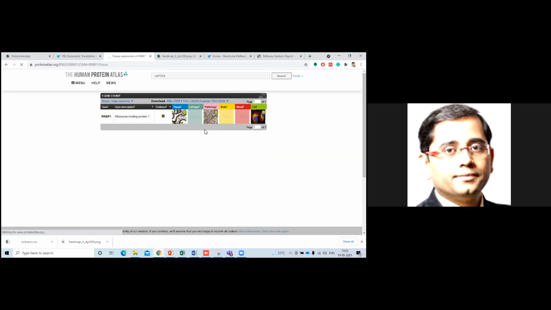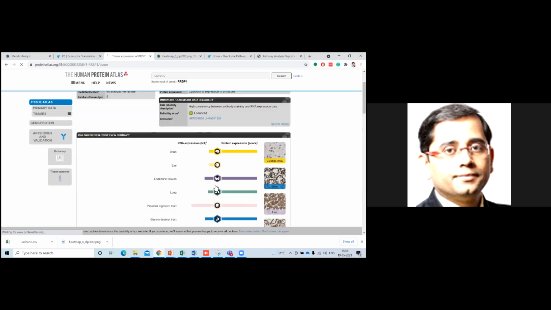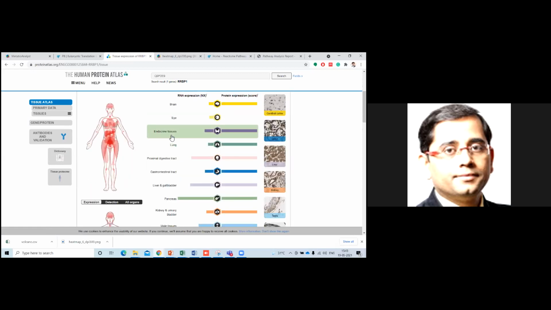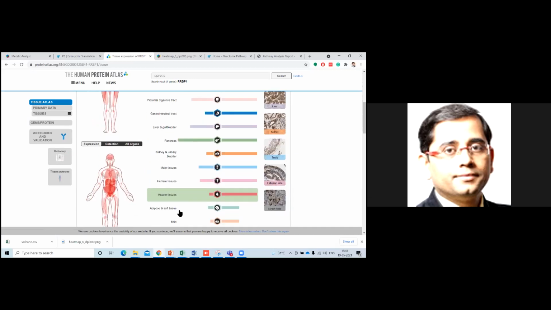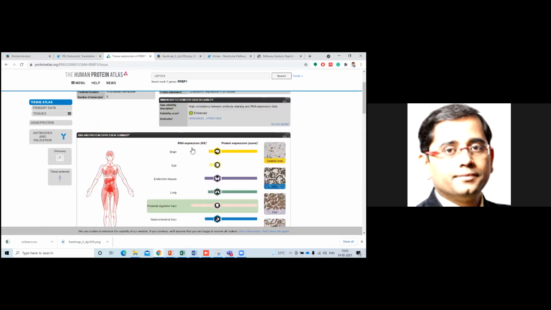The tissue atlas gives an idea of this particular protein in different tissues that are present in our body, for example brain, eye, endocrine tissue, lung, and all this information for all the tissues which are available. This yellow bar gives a comparative view when we compare this protein from one tissue to another. This is the RNA expression data, and this is the protein expression score. They have given both RNA data and protein data so that we can understand better. As you can see, in brain, the protein level expression is